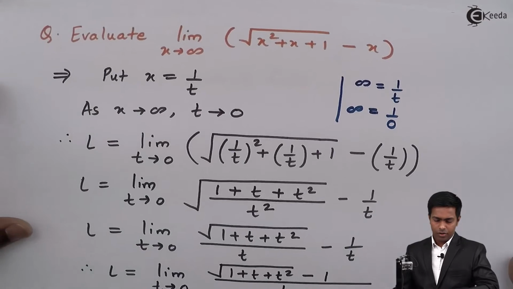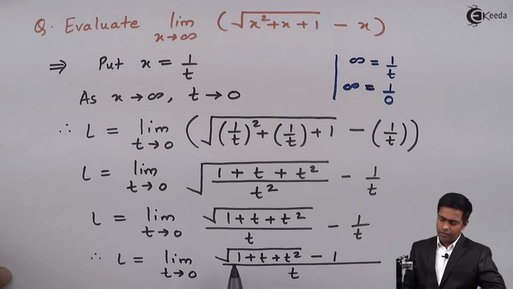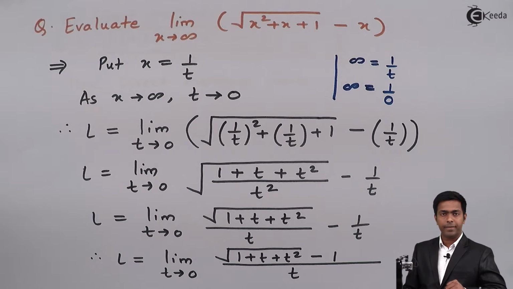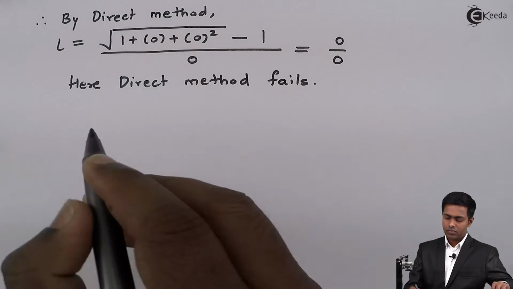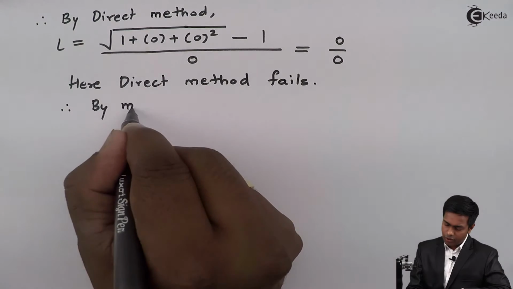Now for that, we again observe the given limit. Here the limit is t tends to 0 and the function is the square root of 1 plus t plus t square minus 1 upon t. In the numerator we have a square root, and between the square root term and the 1 we have a negative sign. Whenever we have a square root, to remove it we apply the method of rationalization, where we multiply the numerator and the denominator by the conjugate of the numerator term. So by the method of rationalization